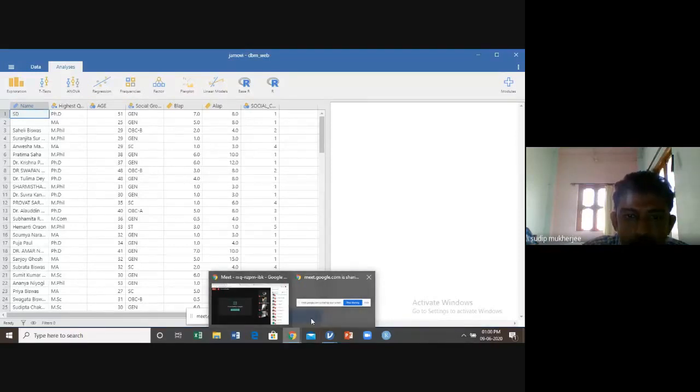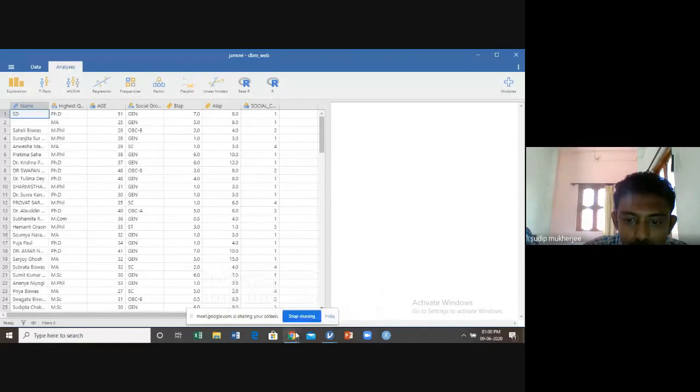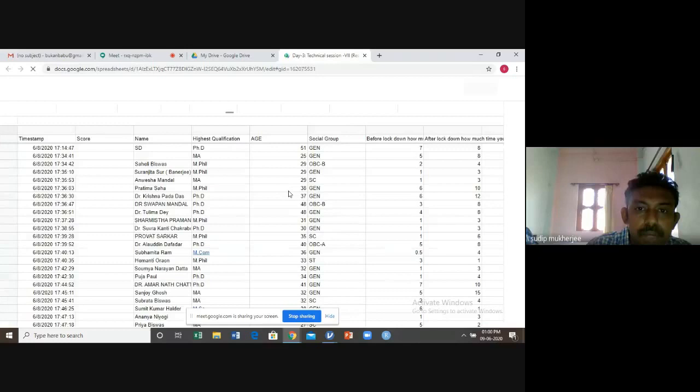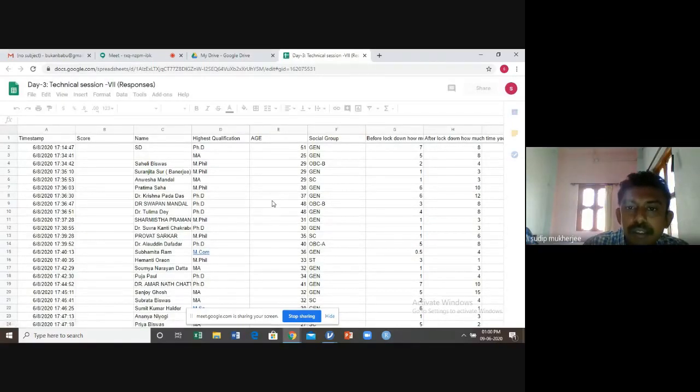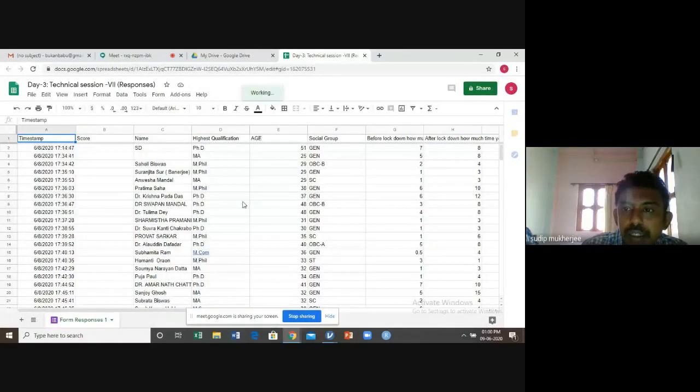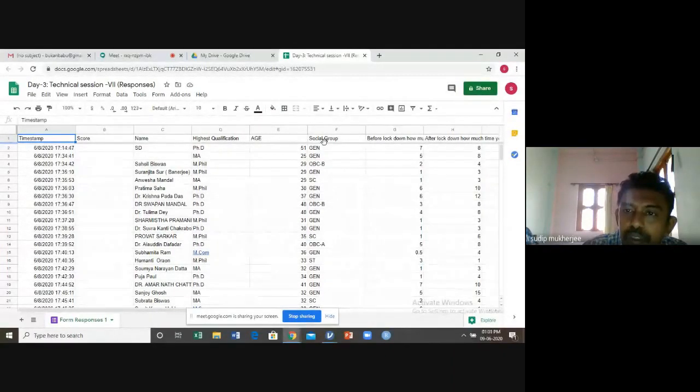As per the questionnaire, the original data, this is the data according to your answers of the questionnaire. There are 5 questions. The first is name, second is highest qualification, third is age, fourth is social group, fifth is the usage of computer before lockdown, and next one is after lockdown.